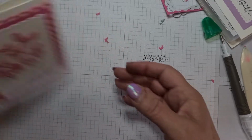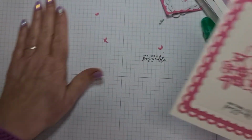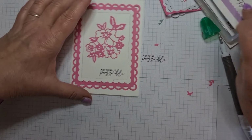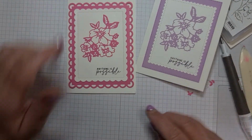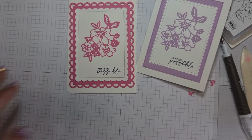Right, so I'm just going to turn it over and give it a rub, and that way I can make sure everything's all stuck down nicely. So that's my card, similar to that. Now, if you wanted to step this up, you could do. I'm just going to have a look and see if I've got...